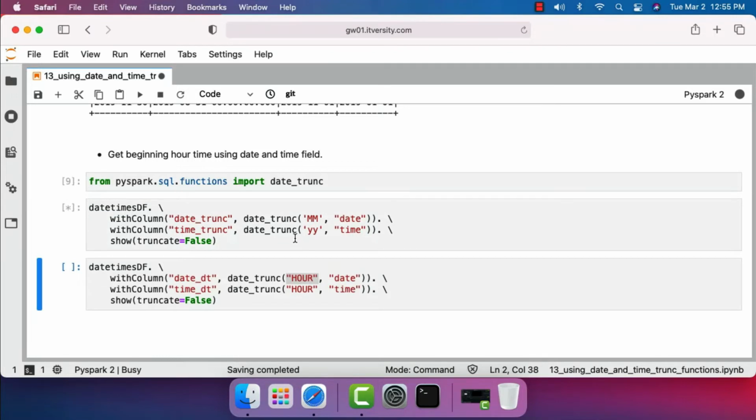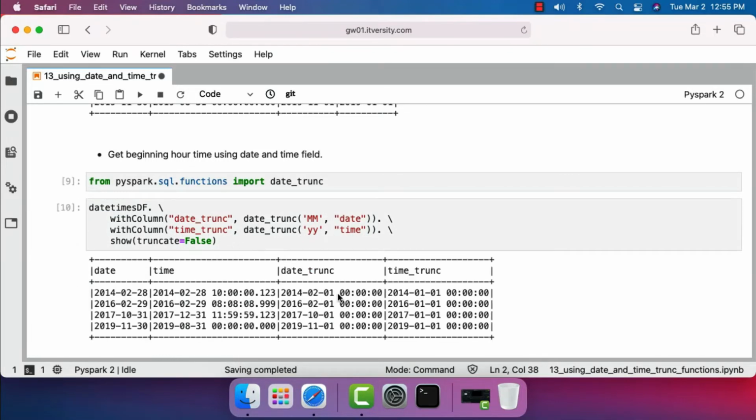We should be able to see the output as expected here. You can see the details here. With respect to date_trunc using month, we got the beginning day of the month. With year, we got the beginning day of the year. However, date_trunc actually returns a timestamp, not a date. This is the only exception when it comes to returning a timestamp even on top of a date. Typically, even when we use functions on a timestamp, we see the dates. In this case, it's the other way around. When we use date_trunc on top of a date, it actually gets the midnight time. You can see the output here.